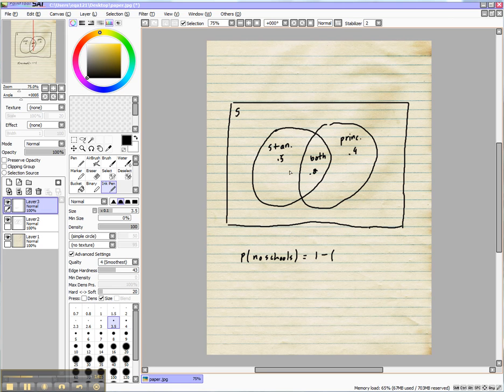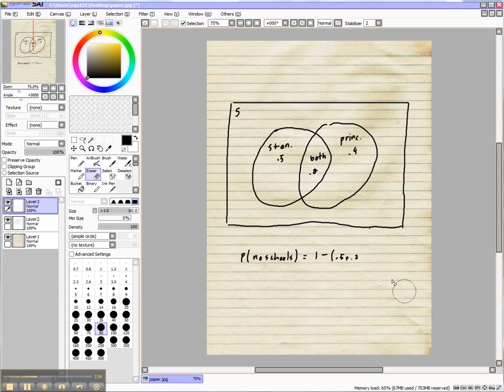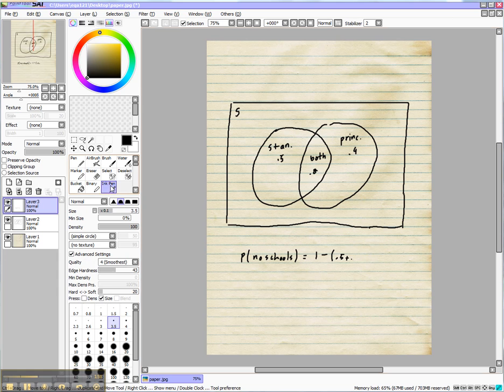Subtracting the whole thing, you have to go 0.5 plus 0.4. But if you don't subtract the 0.2, then you overlap. Remember, this is an overlap. So you have to subtract the 0.2 also. So once again, let me write that out. So 0.5 plus 0.4 minus 0.2, the overlap. And that will yield